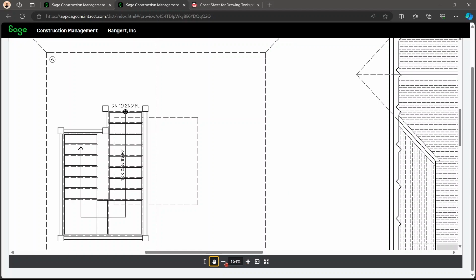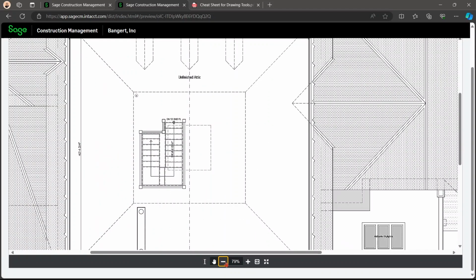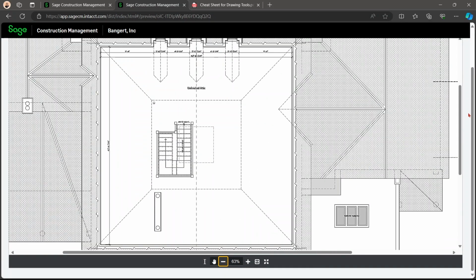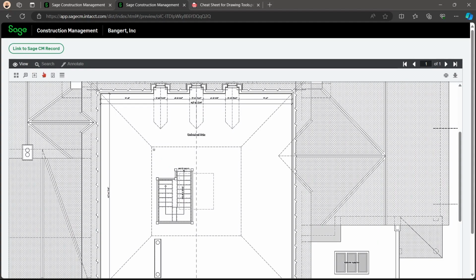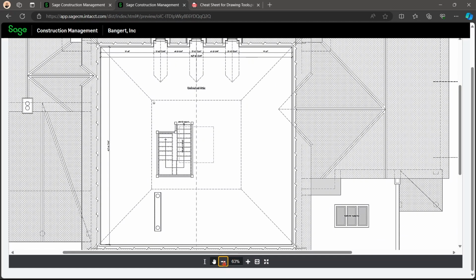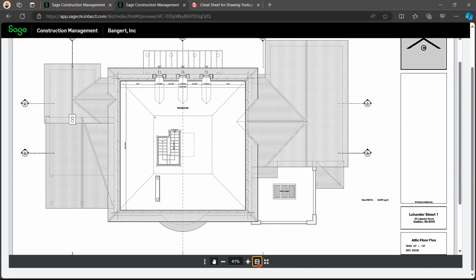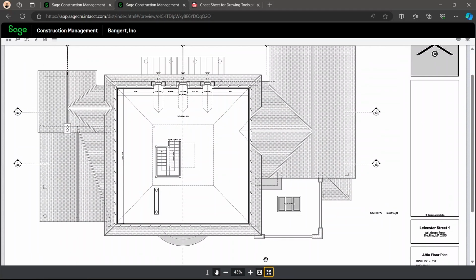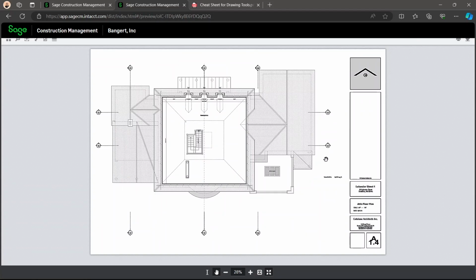This is just the zoom out and zoom in, which is, again, very helpful because I've noticed that when you're in view and you do a rectangle zoom, you can tend to get stuck. So down here, it's very helpful to zoom in and zoom out. Here, you can fit the content to the screen, or you can make it full screen. Now, beware when you do make it full screen, it's a little hard to get to your tools up here.